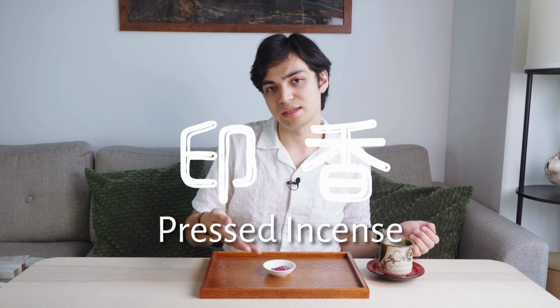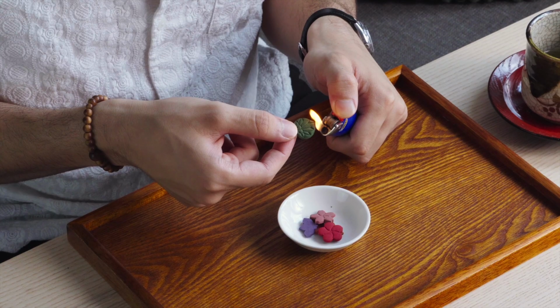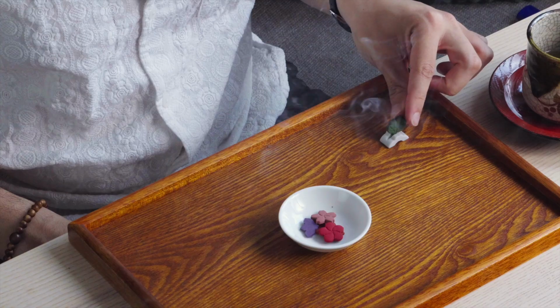Inkō, or pressed incense, is in many ways quite similar to incense sticks in that it is made again from aromatic ingredients ground into a powder and held together with a binder. The actual composition of Inkō varies drastically between incense houses, but the ones I have here from Yamadamatsu are combustible in the same way as incense sticks, which makes them very easy to burn. Like an incense stick, you can take one of these pieces of Inkō, set it on fire, and blow it out. And you can place it on a little stand, or, like with incense sticks, on a bed of ash